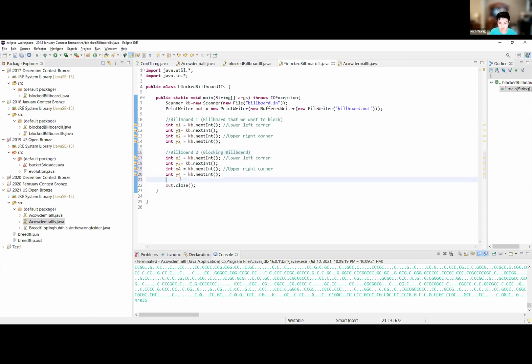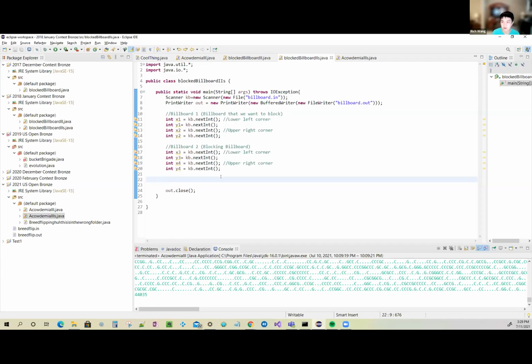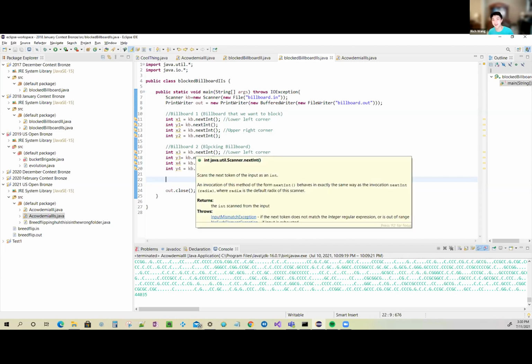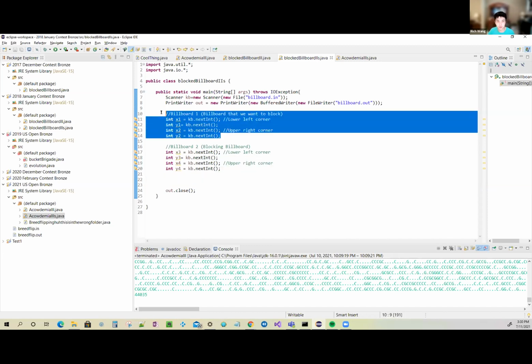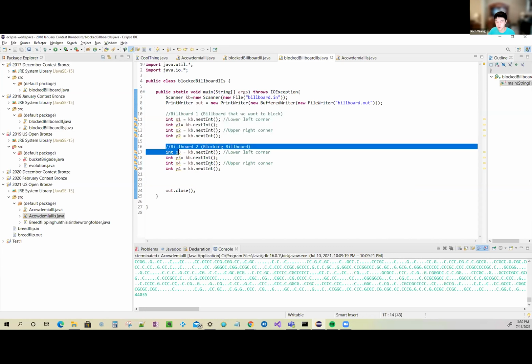All right, great. So now we're finished with the input, which is the first part of every Java problem. And now we will, oh wait, actually, I just realized I need to do this instead. Okay. So now let's get on with actually calculating this. The solution we created had cases on the number of covered vertices. So how on earth are we going to write code to check how many of billboard 1's vertices are going to be covered by billboard 2? Well, if we think about it,